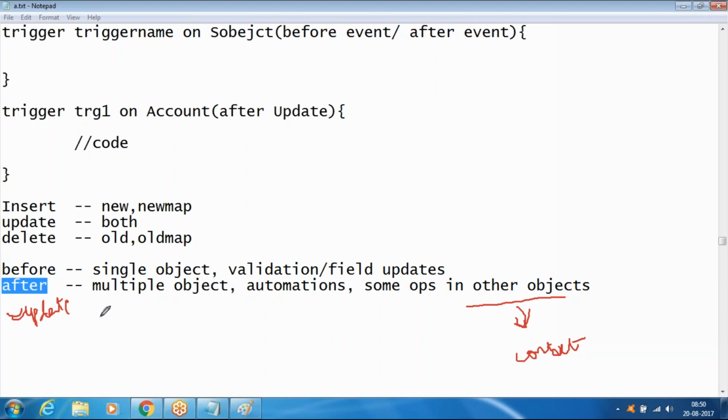Like this, if you want to involve more than one object, and if you want to perform some automation, if you want to perform some other operations in other objects, then we have to go with the after triggers,